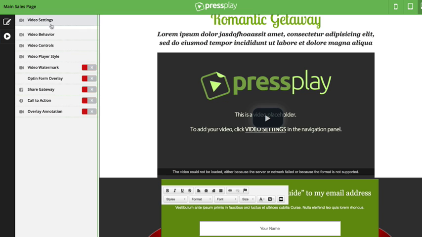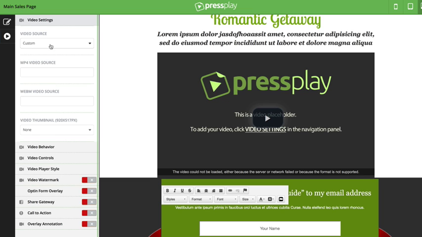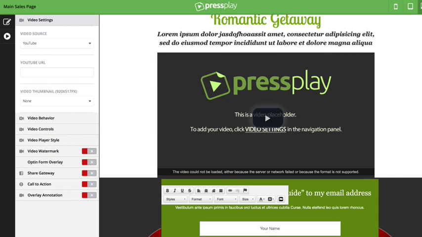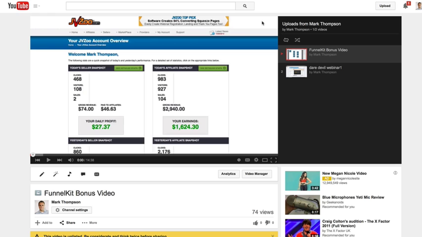The first thing is your video settings. You need to tell Press Play where your video is being hosted. Is it on a custom source like Amazon S3 or maybe Wistia or wherever? But most people are using these free hosting services, right? That's one of the main benefits of Press Play, being able to have free hosting, but be able to add all this functionality. So I'm going to select YouTube,